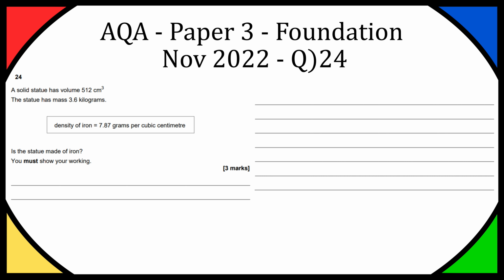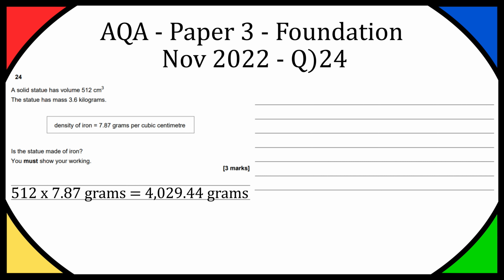So we're given the volume of our statue and the mass of our statue. Let's multiply the volume of our statue by the density of iron and see if it matches up with our mass, and if it does, we're going to know that our statue is made of iron. So we take the volume of our statue of 512 centimeters cubed, and we times it by 7.87 grams per cubic centimeter. That's going to give us